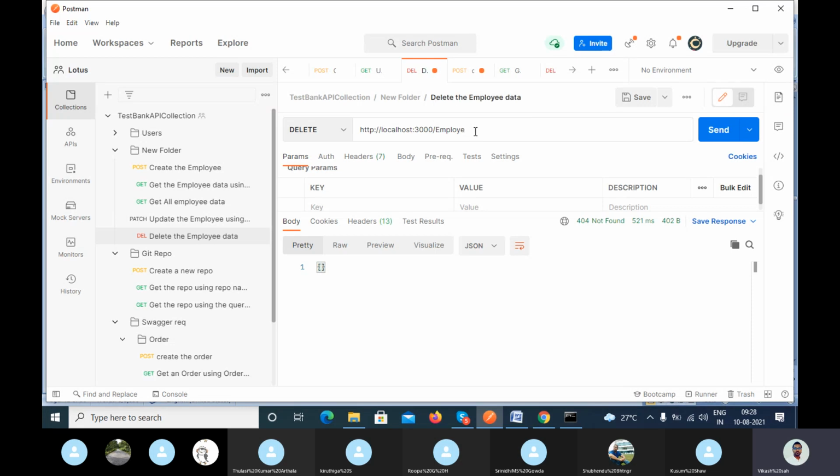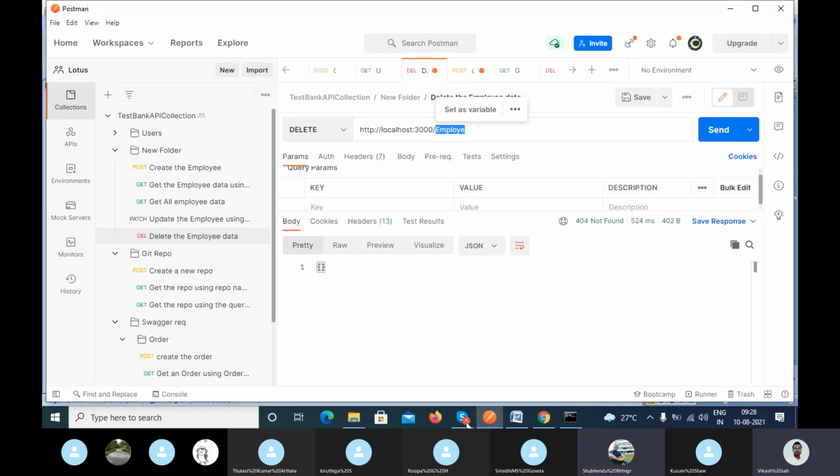This resource does not exist on your server, so when you connect with the server, it will return 404 not found. So it's not only about the ID. Whatever data you are searching for, if anything is not found, you will get 404 not found.